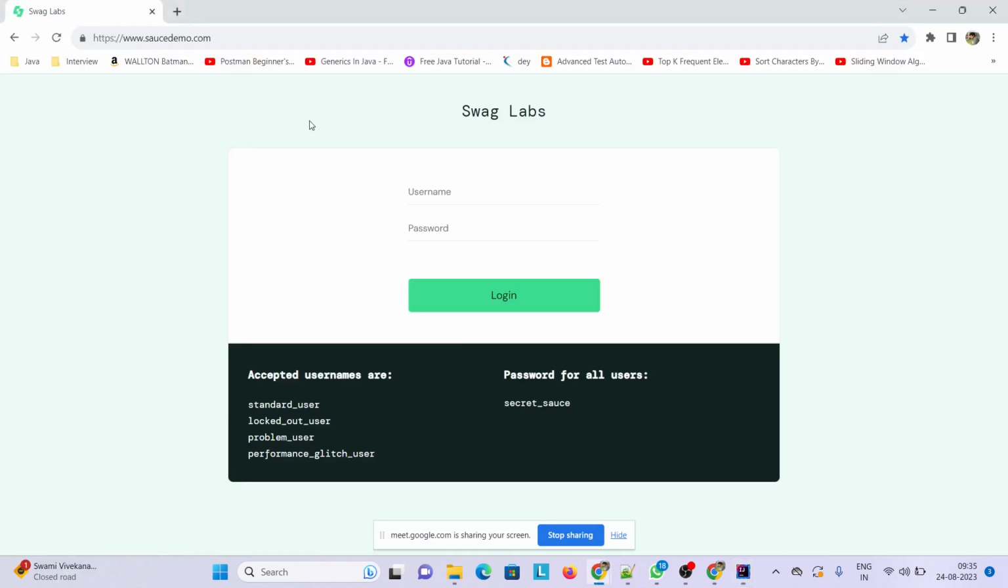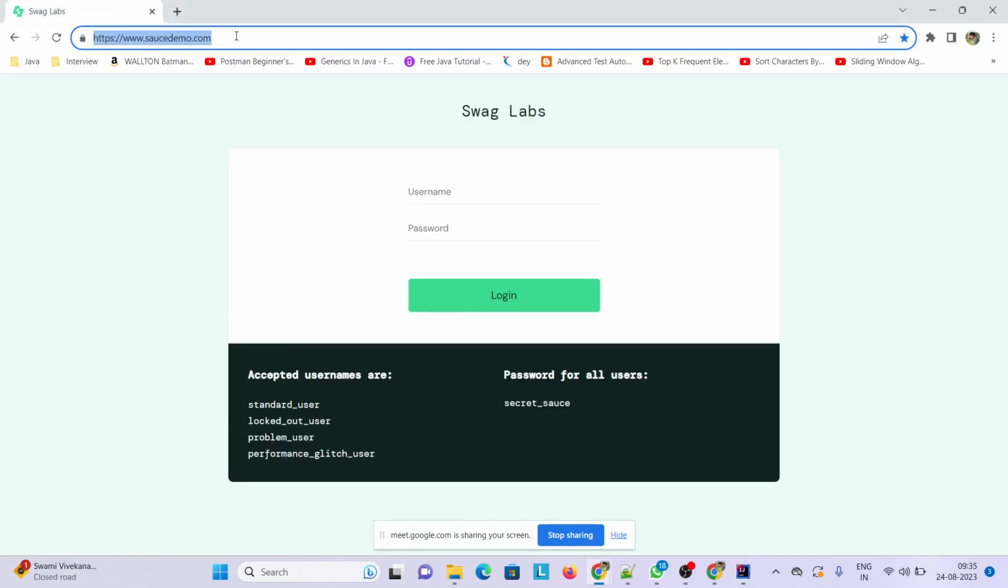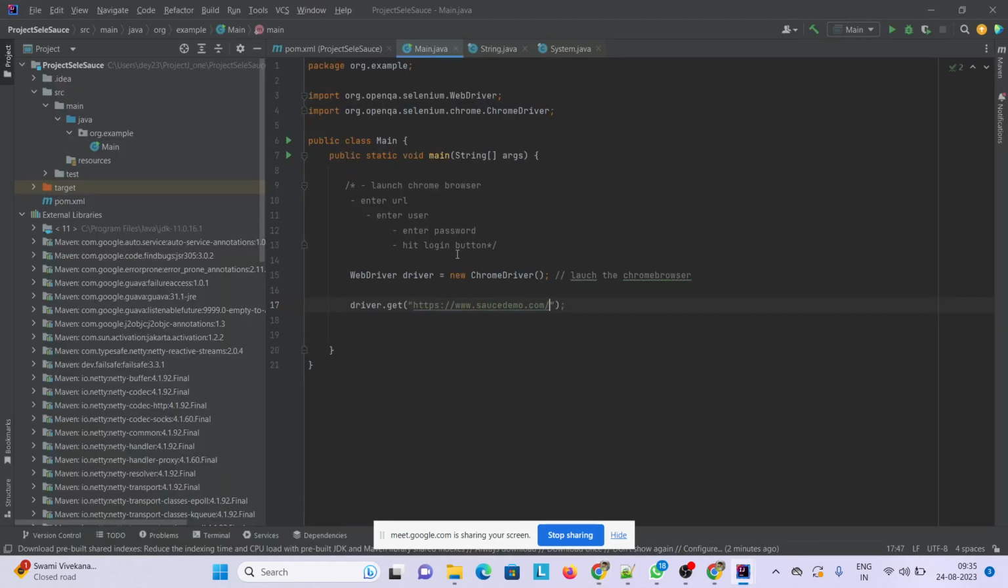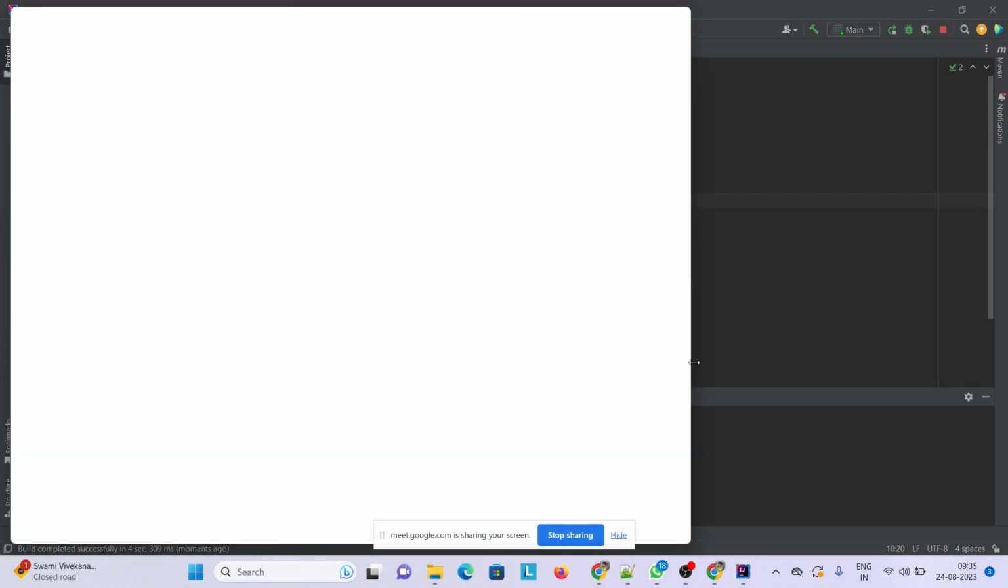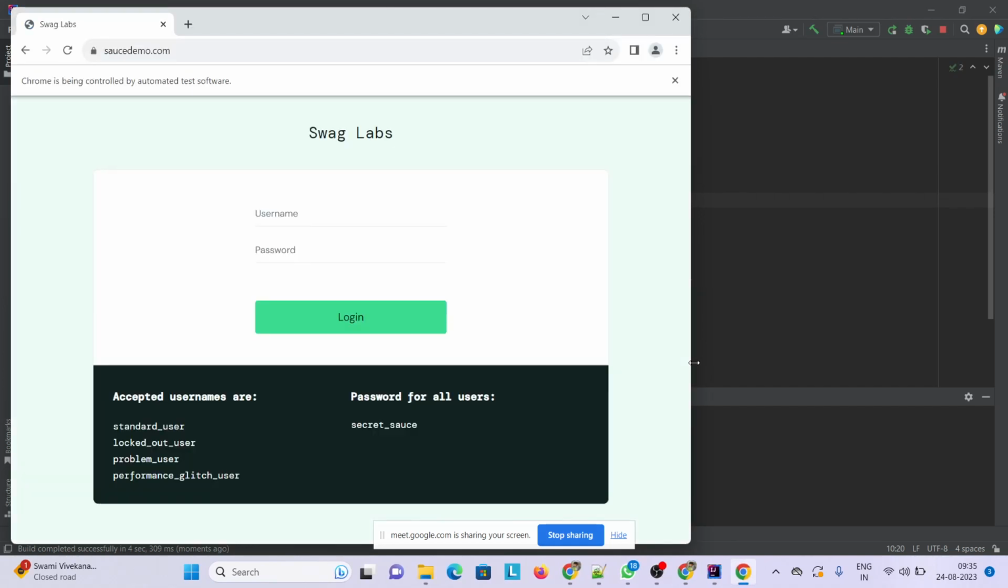So I'll go to the website which I want to test, copy the whole thing. Don't forget to write the whole thing. You have to write the HTTPS, otherwise it will not work. Okay. Now let's see what will happen in this case. I'll run my program. See, now